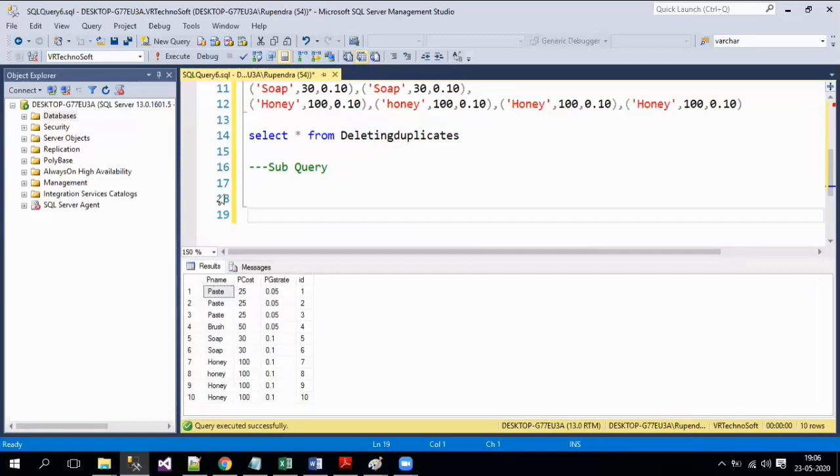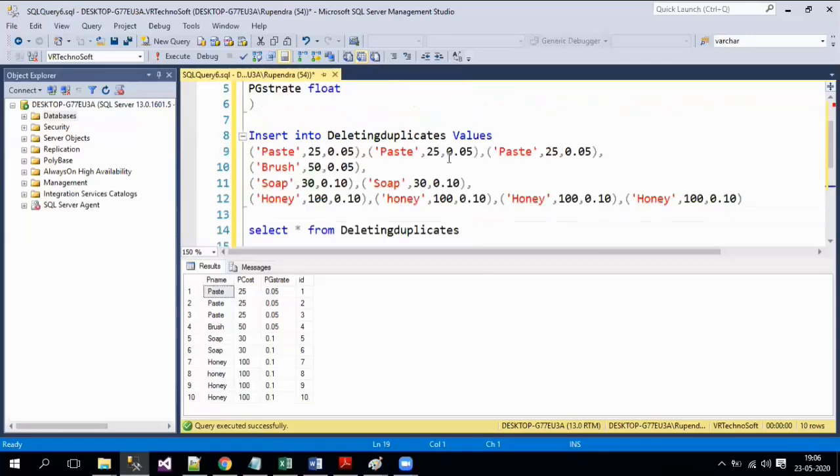Generally, whenever you're grouping on a number of columns in SQL Server, if you're grouping on the basis of these three columns and all three columns have similar data, similar meaning at row level, not at column level, then it will group them into one group as a single row, and out of that it will give you whatever you're requesting, either minimum ID or maximum ID. Either way you can take minimum or maximum, but using both we can delete the duplicates.